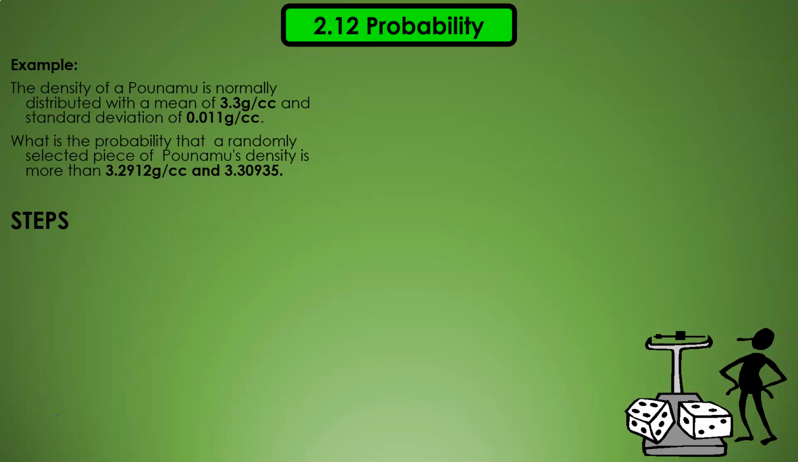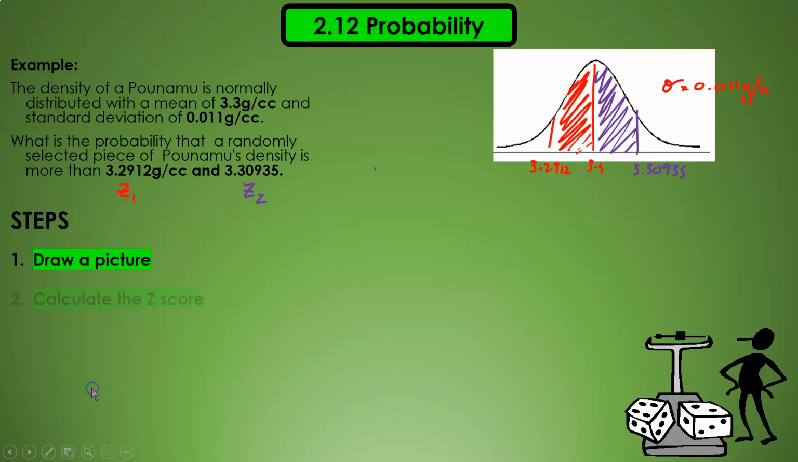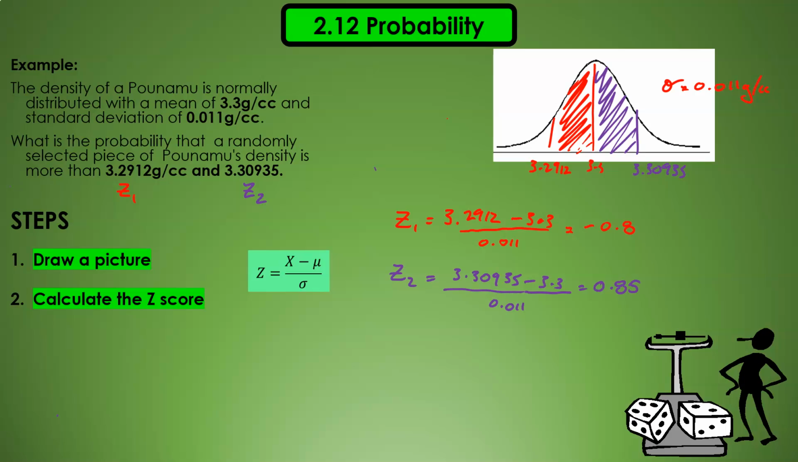Okay, hopefully you had a go at the question there. First step, draw a picture. So hopefully you ended up with this picture. The key thing is that this is going to be Z1 in red, and we've got Z2 in purple. So the next thing is calculate the Z scores using the formula. After doing that, we get for Z1 minus 0.8, and for Z2 we get plus 0.85. So looking at our tables,